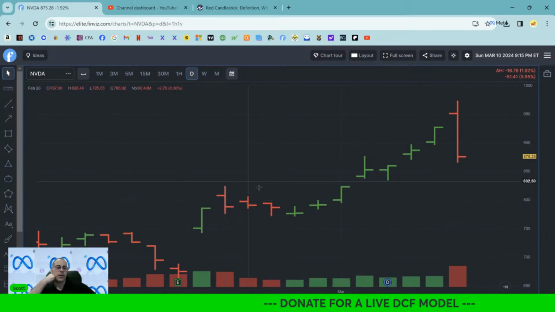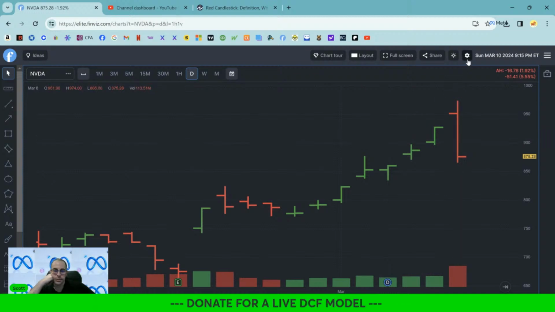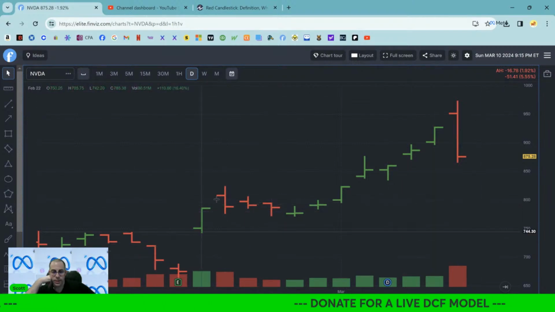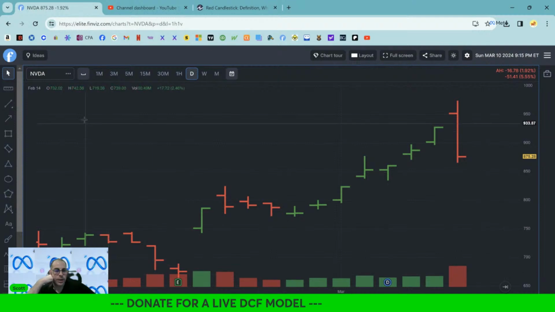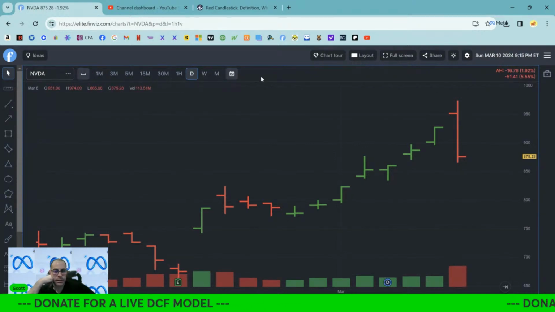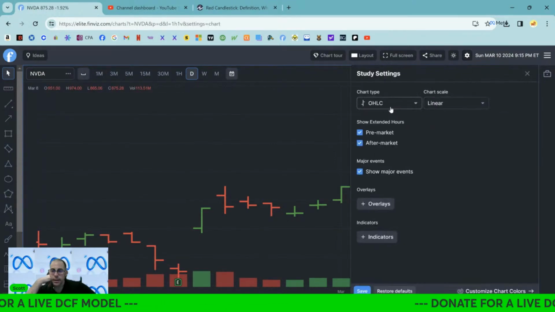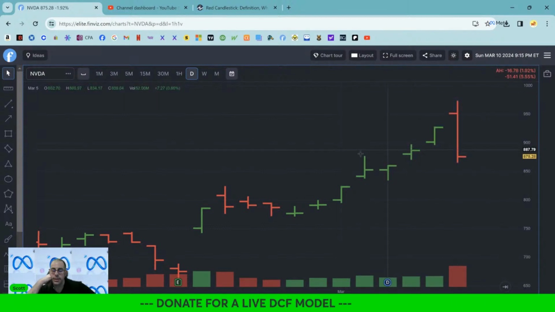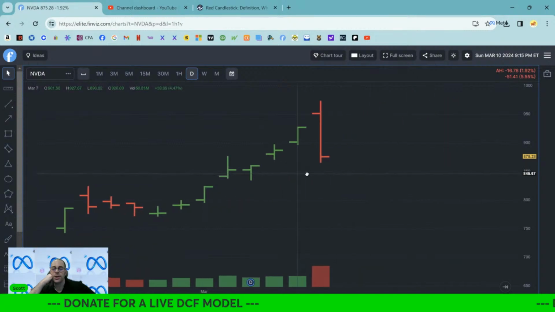Okay, so the OHLC, how come I don't see OHLC? I know that's what I picked, but isn't there something on the chart that says? Okay, I'll just go back here. OHLC, open, high, low, close. So this is a nice way to visually see the